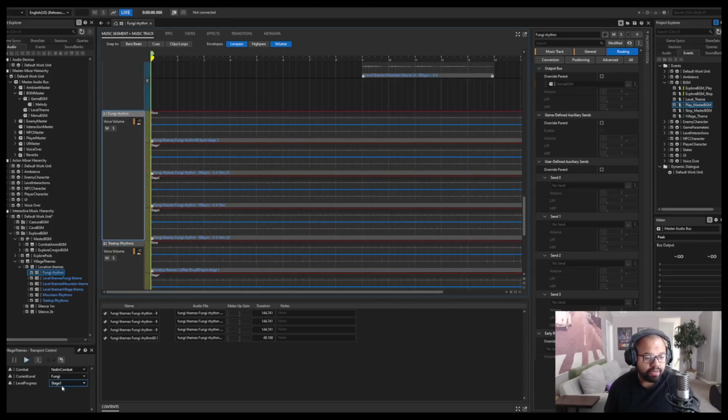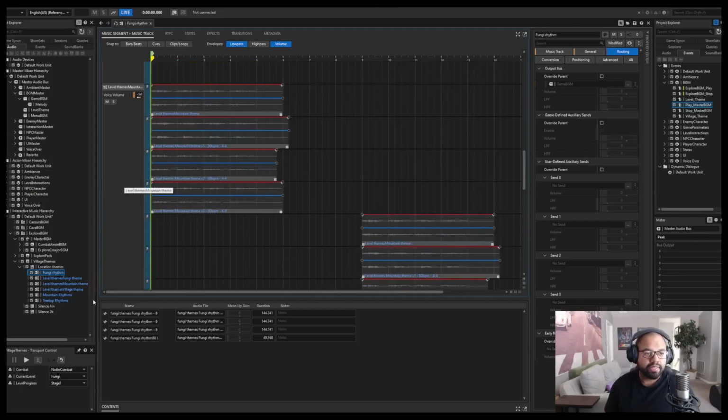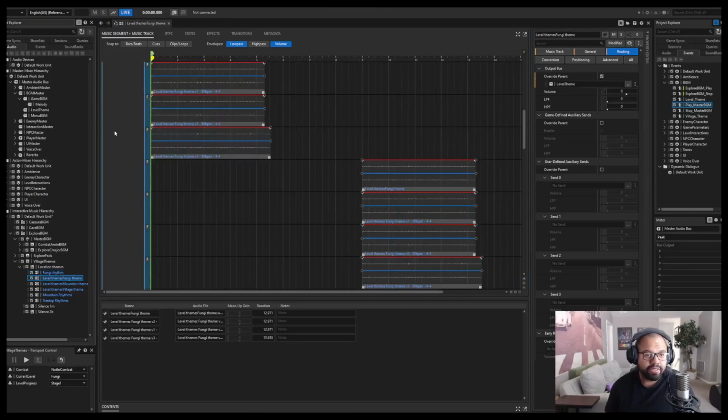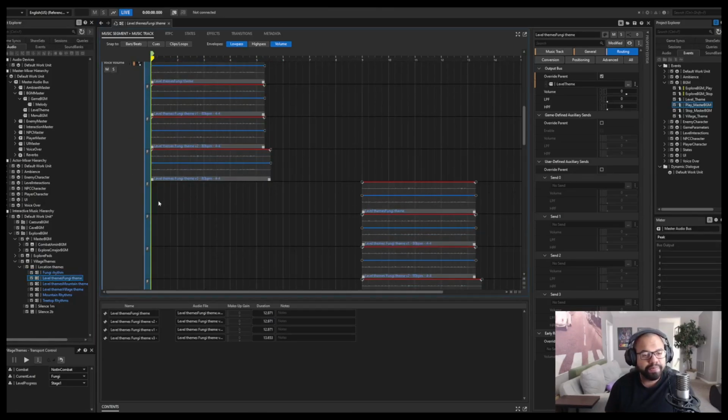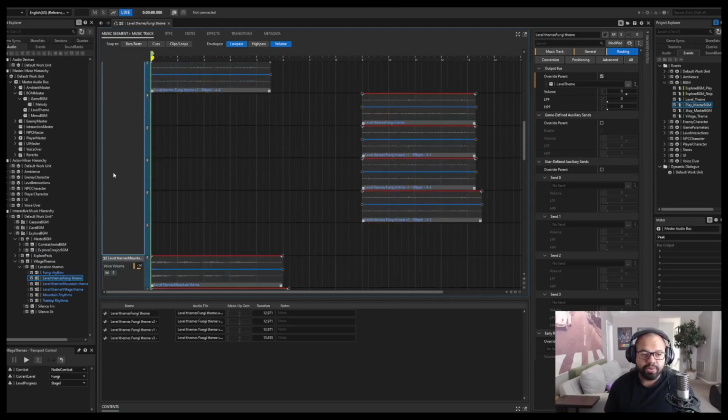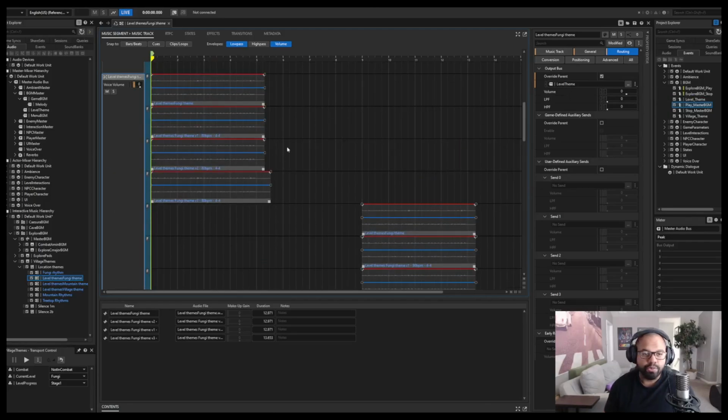So the level state itself is what's switching the fungi rhythm to be a little more dynamic and get a little more intense towards the end of the level, whereas the actual melodies themselves for each level, this is just a random container to play every now and then. So during these segments where nothing is playing is when you would hear the Breath of the Wild explore melody type situation going on,